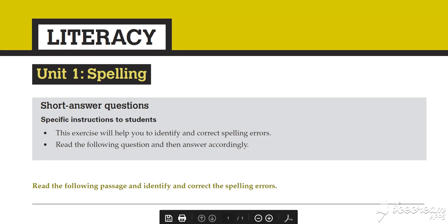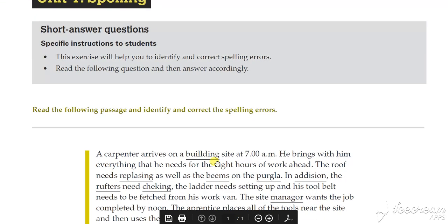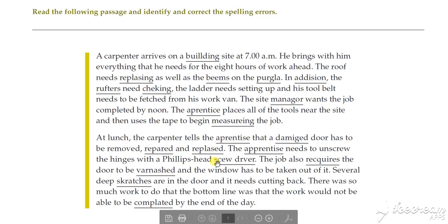This is the first unit of the building and carpentry pre-apprenticeship course. And so the first couple of activities might not feel very mathematical, but it's just about making sure we've got the skills to be able to read the questions and work with them. So the first activity asks you to have a look at the passage and identify any of the words